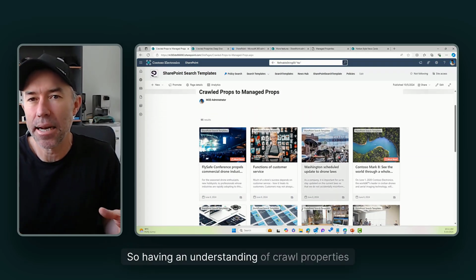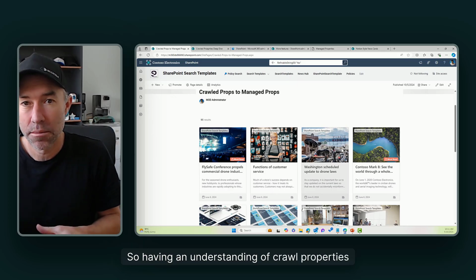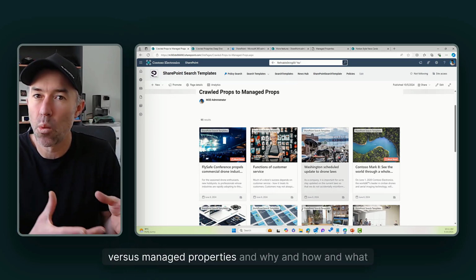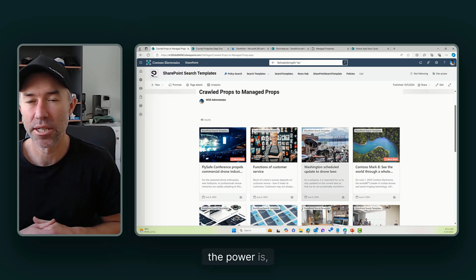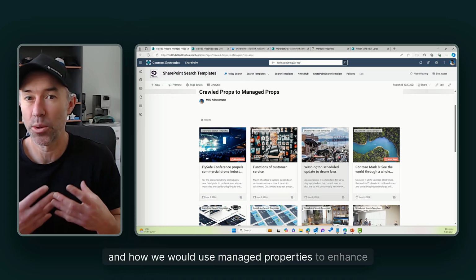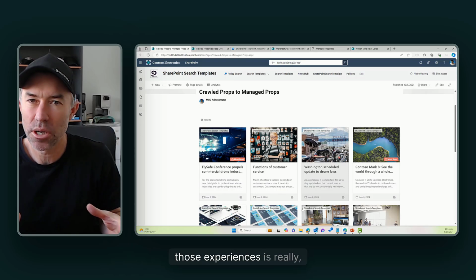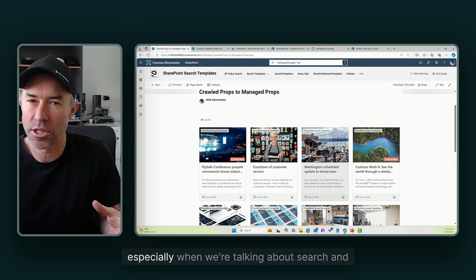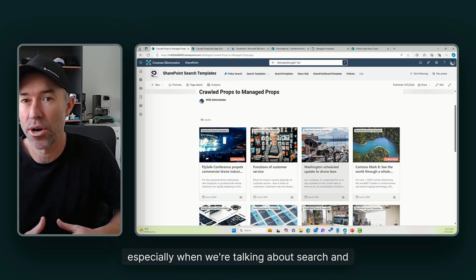So having an understanding of crawled properties versus managed properties, and why and how and what the power is, and how we would use managed properties to enhance those experiences is really, really important. Okay, especially when we're talking about search and creating these search